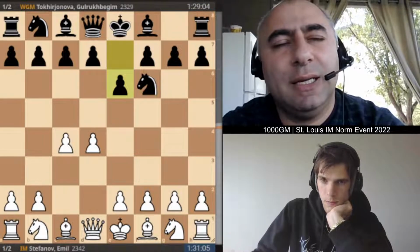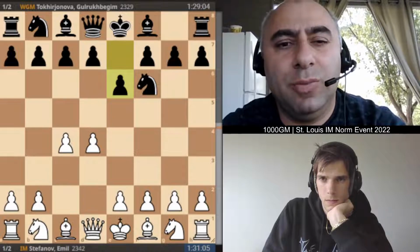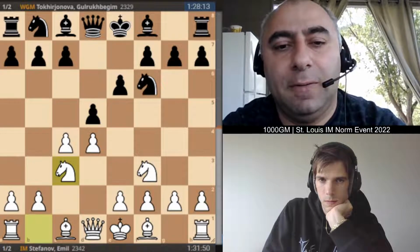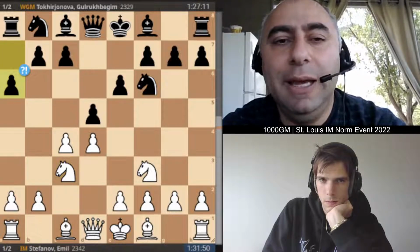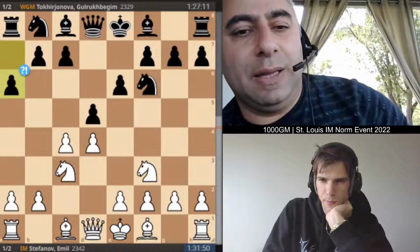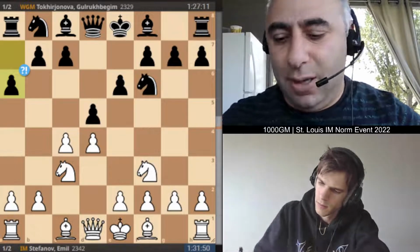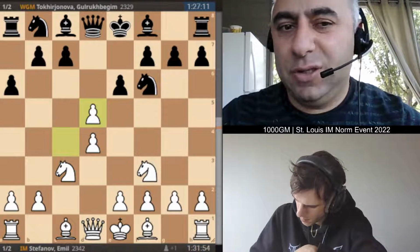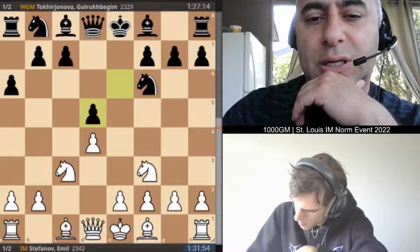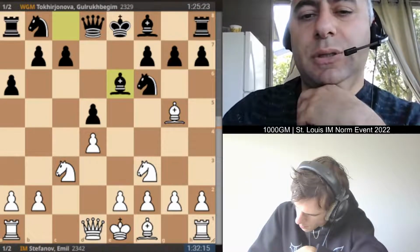So black says basically, I want to play the Nimzo Indian defense. If you put that knight on c3, I'm going to go bishop b4 and try to pin it. So d5 played, knight c3. a6. This became popular after Magnus Carlsen started playing this position. So this is the Janovsky system, okay? Very interesting. It looks like you're wasting a tempo, but oftentimes this a6 pawn is actually well placed there. It's useful. Bishop g5, bishop g6, e3,